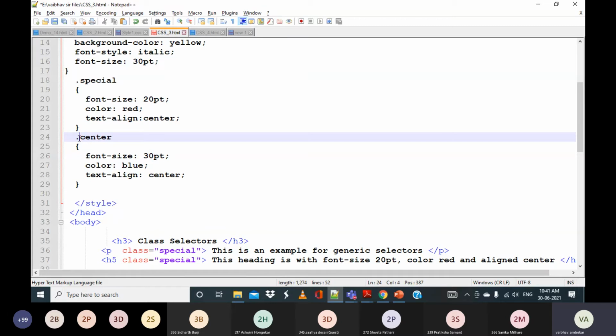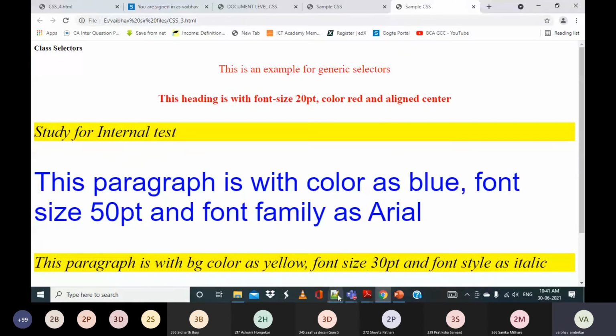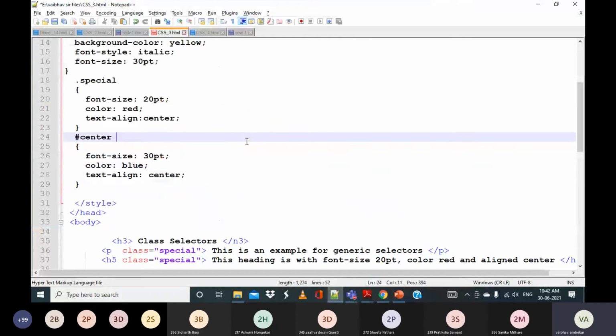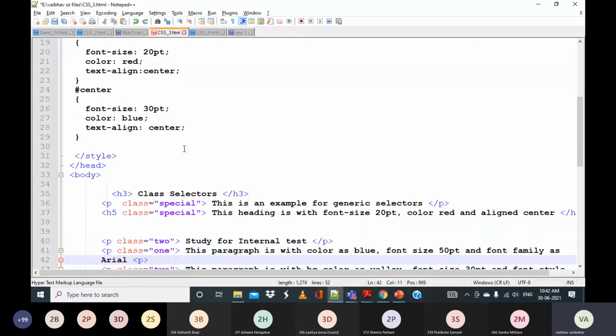You have to specify it with the hash symbol. Hash say center, then font size 30, color as blue, text align center. If I want this to be applied to one specific element, I can use this. So how to use this? For example, I want to use it for a paragraph. If I use any paragraph now, and if I specify class as 1, 2 or special, what will happen?